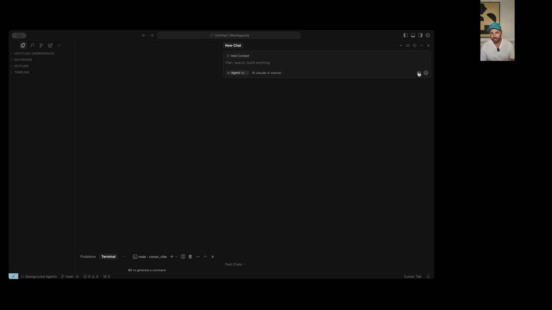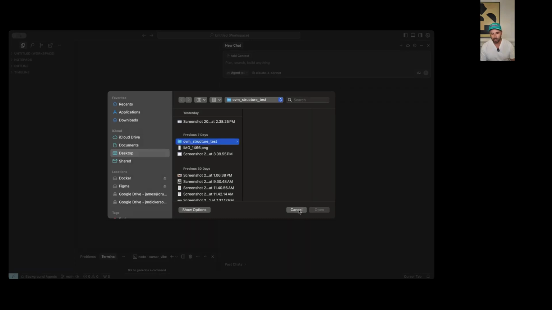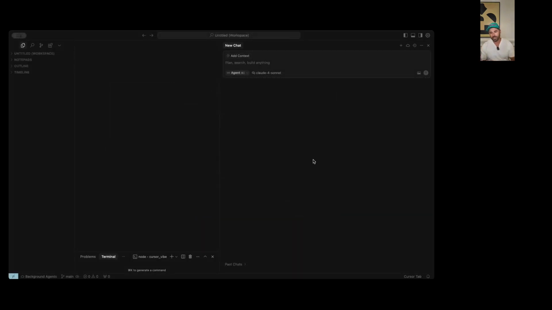Here, you can upload images if you want to give context to the agent. Maybe you're fixing a bug. Maybe you're just trying to analyze an image, or you took a screenshot of a website or something like that, and you want to do something with it. So that's where that comes in really handy. Here you see an add context button. On this, we can tell the Cursor agent to go and take a look and reference certain files or certain artifacts if we want to arm it with context